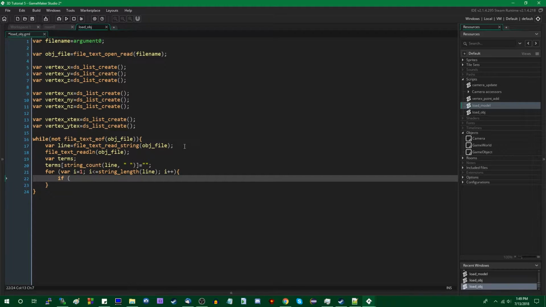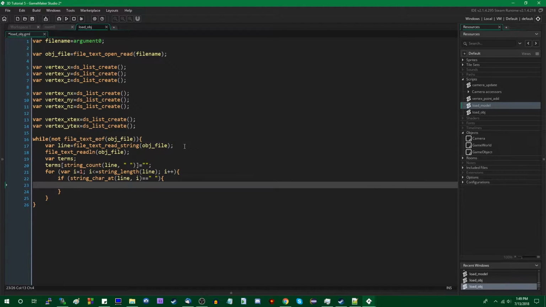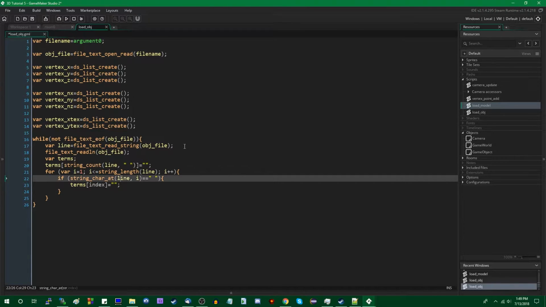Now, if string char at line i is equal to, no, that's plus equals, is equal to an empty space, we could say terms index equals an empty string.